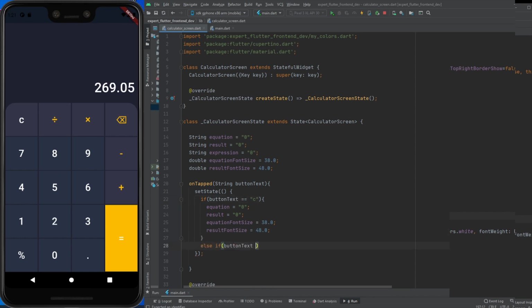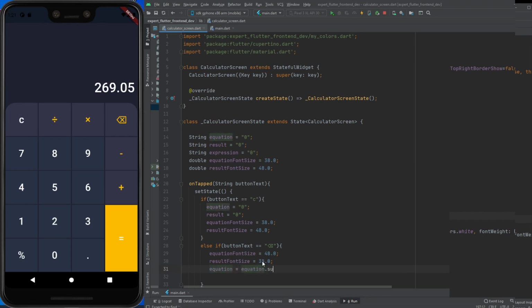In the else condition, I again check button text. If button text is the back button, here we need to decrease the value of the expression by 1. I set the equation font size and result font size here, so the result will look very pretty.